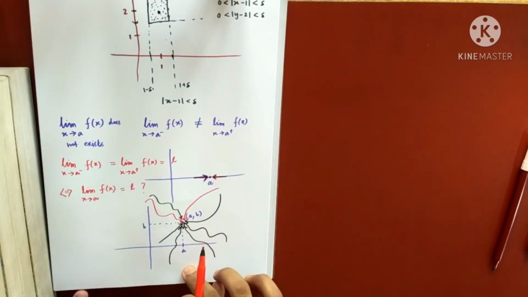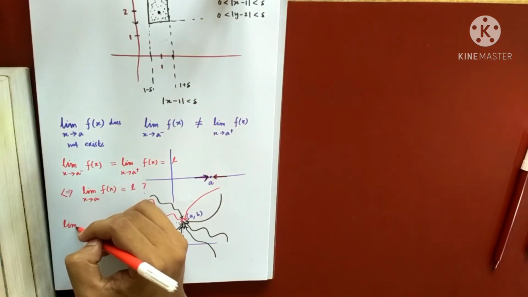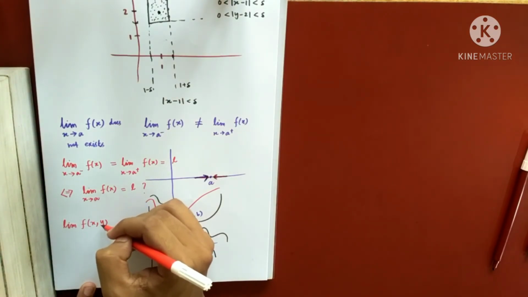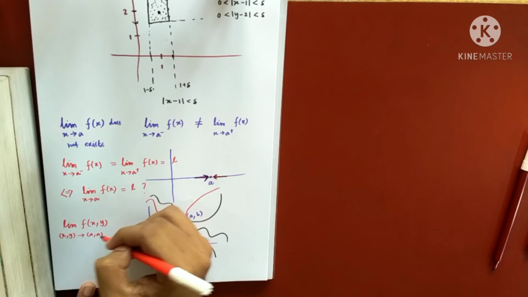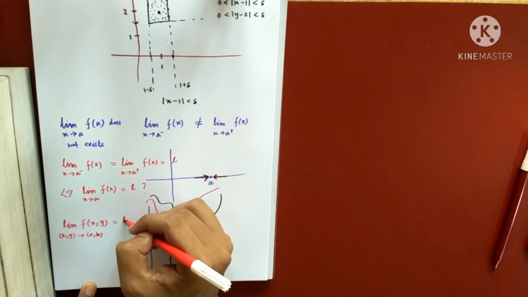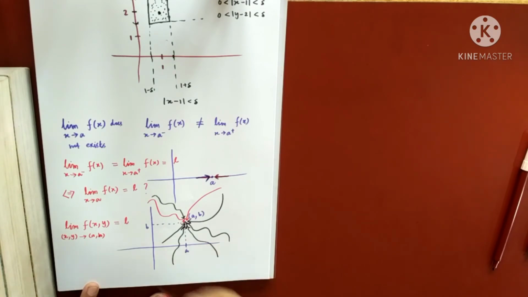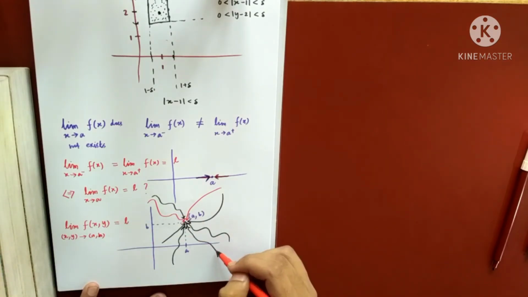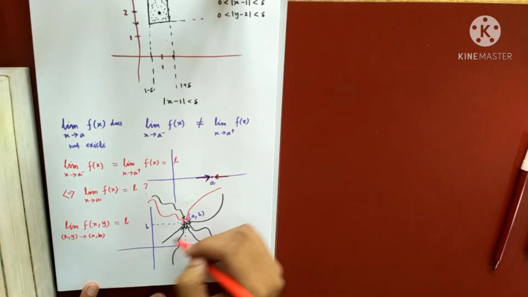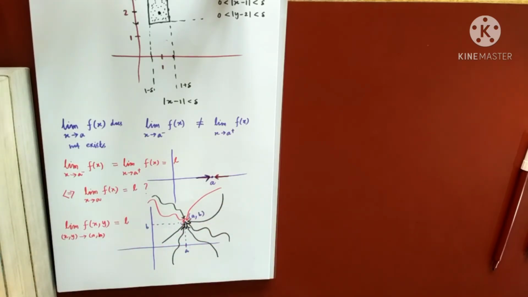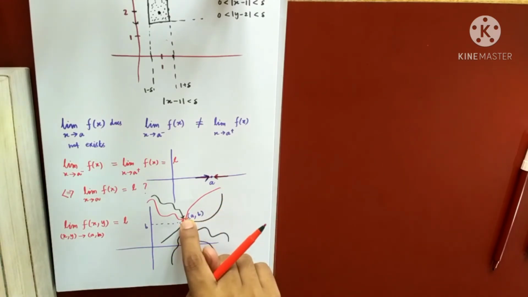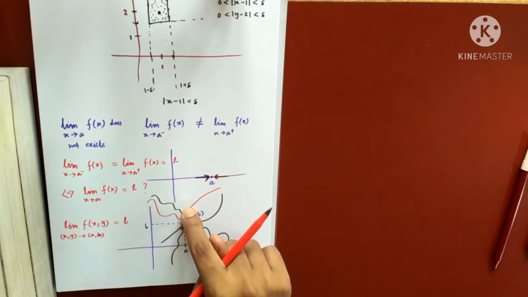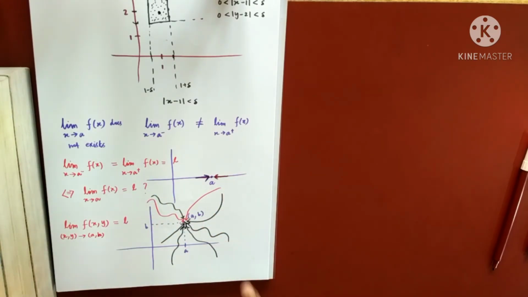Now, this will also hold here. That means, if I have a function of several variables, suppose I am talking about two variables only, and (x, y) tends to (a, b), and suppose this value is L, then if you approach along any line, any path, any curve, the value will be L. If you go along this black path, the limit will also be L. If you go along this one, the limit will also be L, and so on. So this will hold, and I will store this as a theorem.